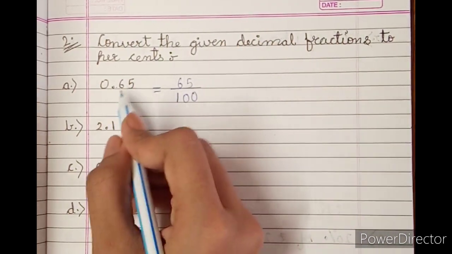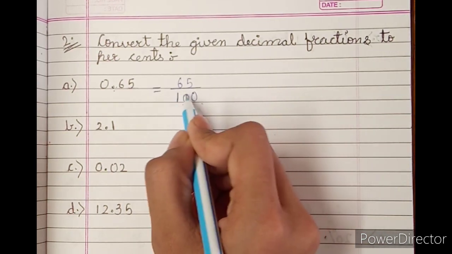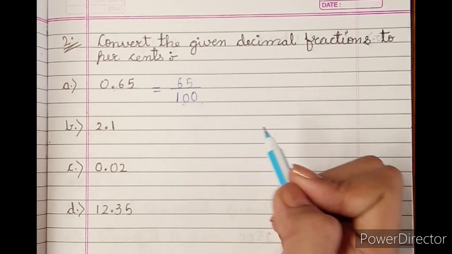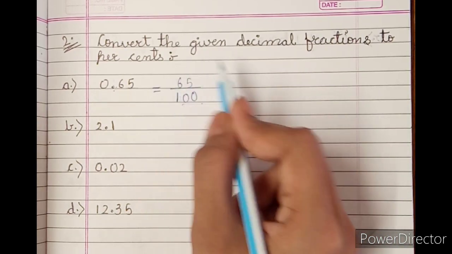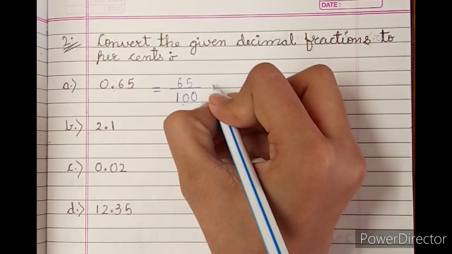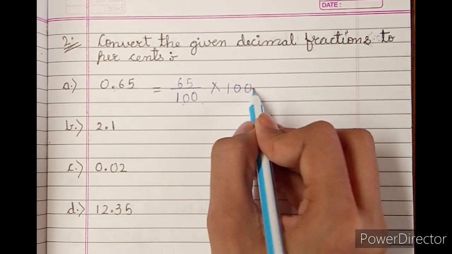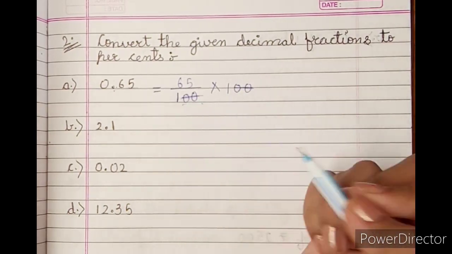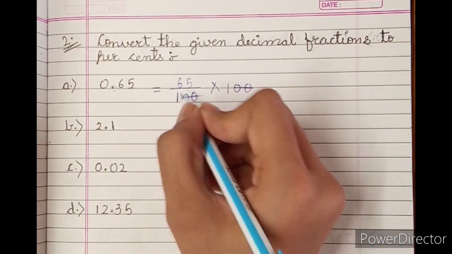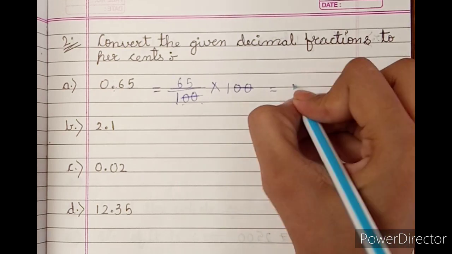वैसे ही पॉइंट के बाद अगर 1 डिजिट होता तो हम 1 ज़ीरो ऐड करते. यहाँ पर 2 है इसलिए हमने 2 ज़ीरोज़ ऐड किए. अब हमें ये फ्रैक्शन में मिल चुका है, अब हम उसे परसेंटेज में कन्वर्ट करेंगे. तो उसके लिए हम उसे मल्टीप्लाई बाय 100 करेंगे, जैसे हमने पहले सम्स में किया था. अब 0 0 गेट्स कटेड आउट, बचा 65 अपॉन 1, और 65 अपॉन 1 मीन्स 65. सो आवर आंसर इज